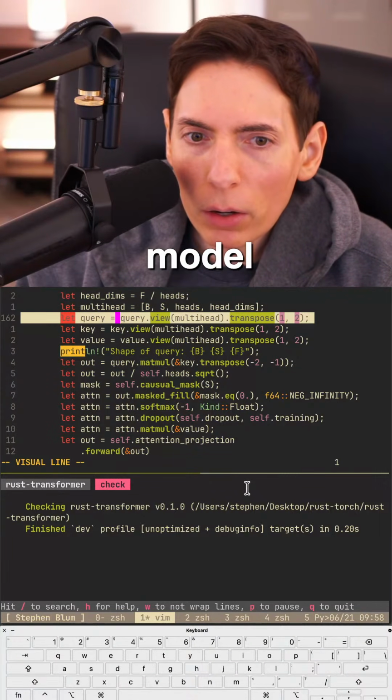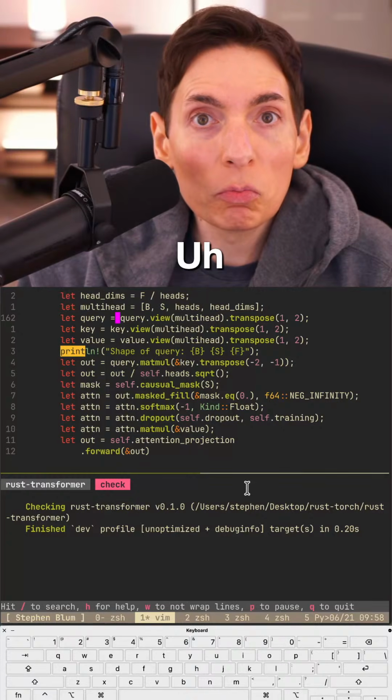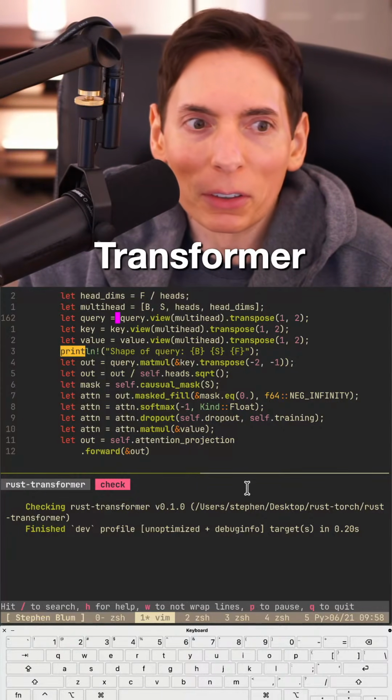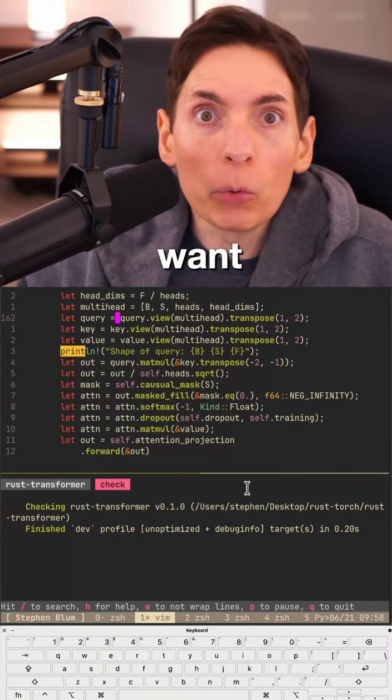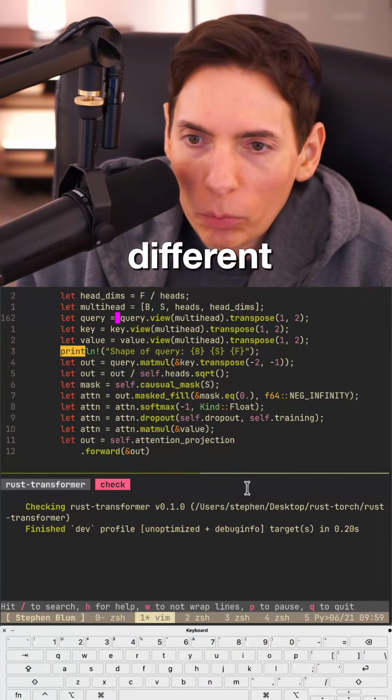What would be the name of this model? GPT, Generative Pre-trained Transformer. That's what it is, a GPT. We can name it whatever we want, though. You guys want to name it something different? Mohammed, what should we call it?